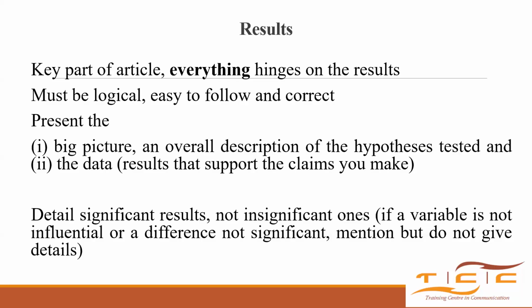So if I'm seeing a result and I cannot trace the method that gave us that result, then I will start asking questions. How did you come up with this result that you are presenting here? Because there is nowhere in your methodology where you described it. Again, if you have a table, if you have a figure, it must be referred to. If you have an equation, you must refer to it in your writing when you are narrating your results. So if you have table 1, table 2, and you are just writing without mentioning the table, then I will be asking myself, why is this table in this manuscript? Because you have not talked about it.